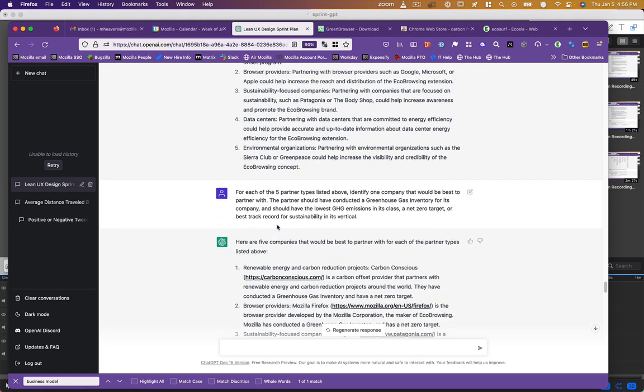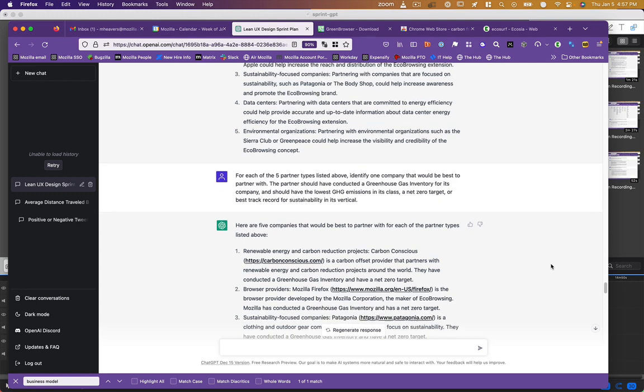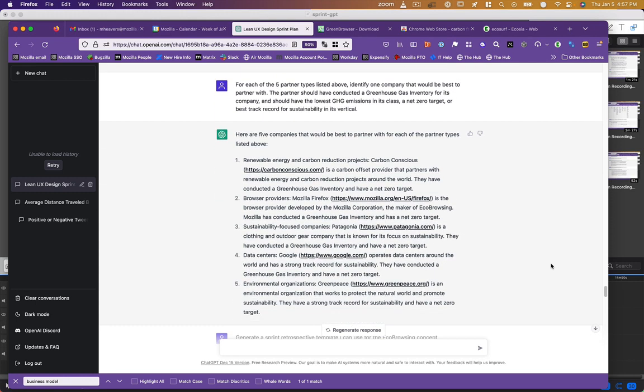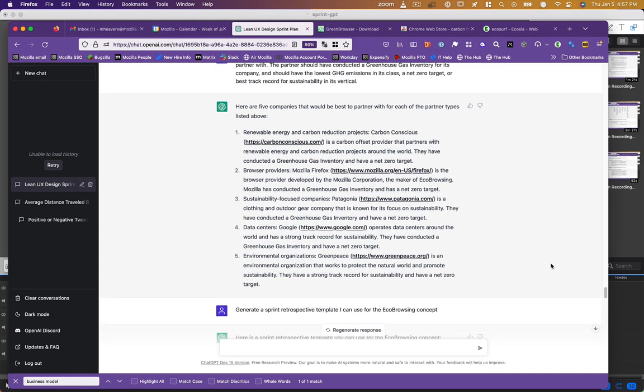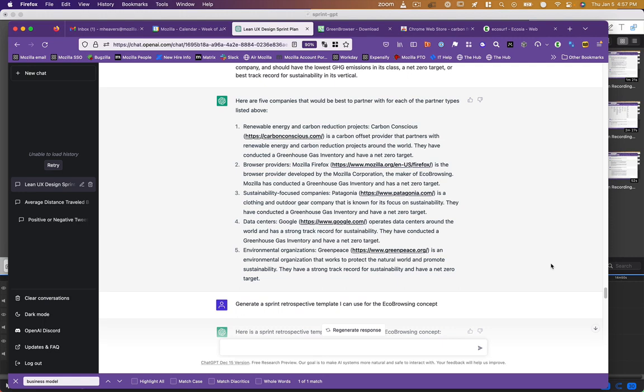It said, for those partners, identify one company that would be best to partner with. And I gave it some criteria. I said it should have conducted a greenhouse gas inventory, should have the lowest GHG emissions in its class, a net zero target, or at least a best track record for sustainability in its vertical. I don't think it really understood that last one because it didn't include any of that in its response, but it did identify, this time, real competitors,